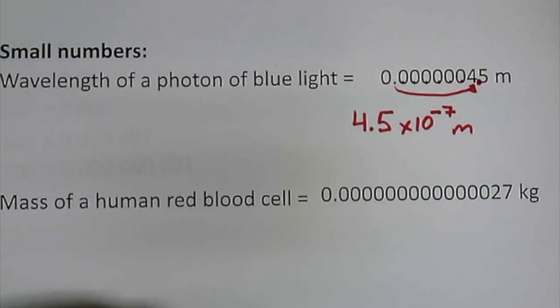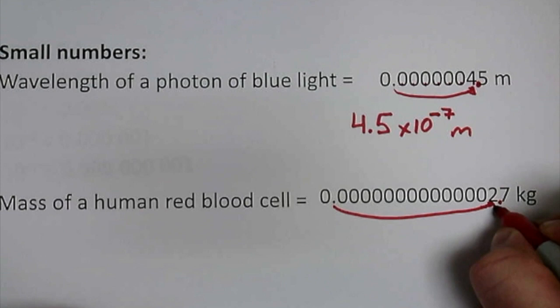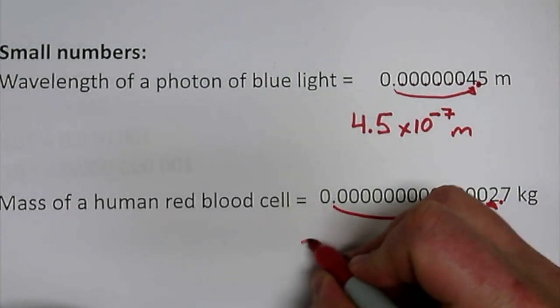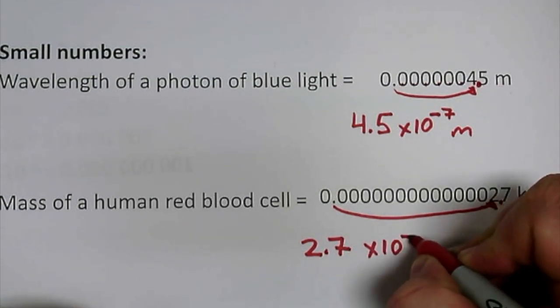Got an answer? I'm going to put my decimal point right here. Move this decimal point all the way from there over to there. So I'm starting with 2.7 times 10 to the power of negative